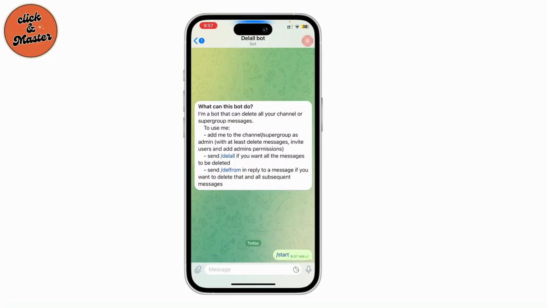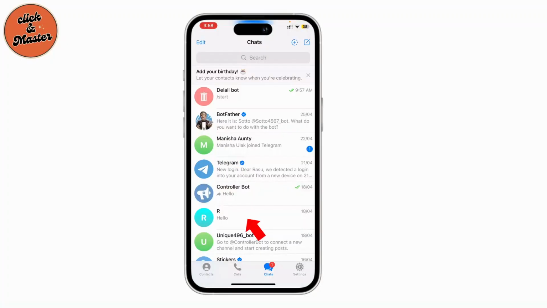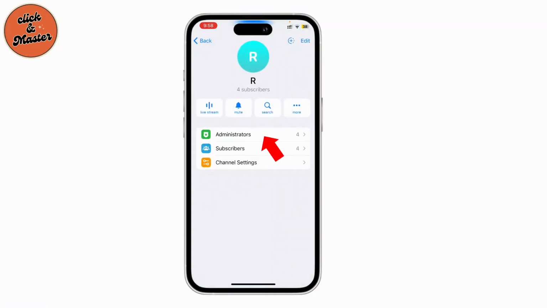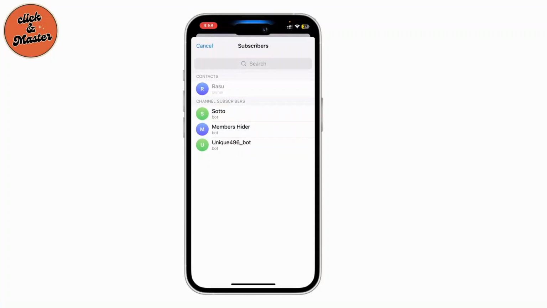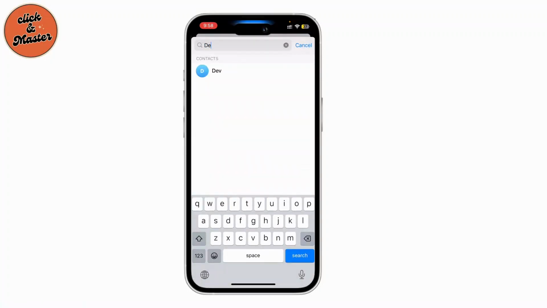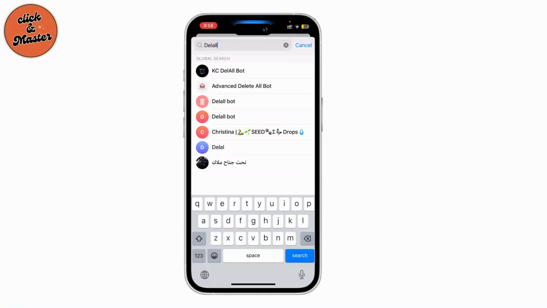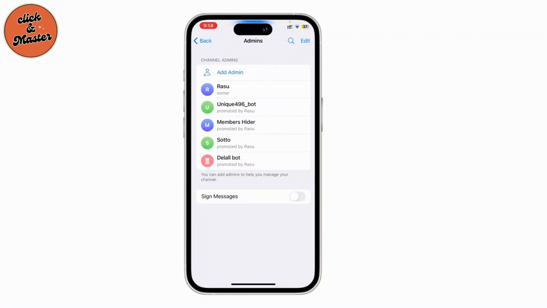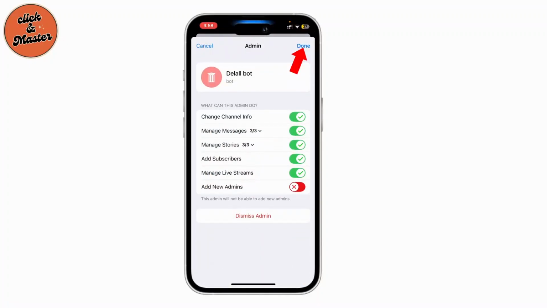Next, go to the channel where you want to delete messages. Tap on the channel name and then select administrators. Now tap on add admin and search for the Del All bot and then add it. Once you have added it, what you have to do is toggle on the add new admins option, tap on done, and